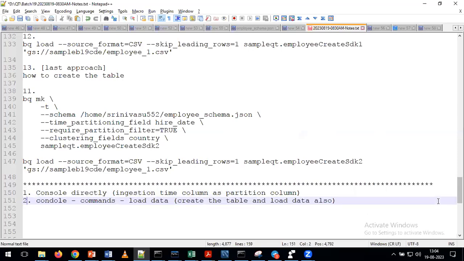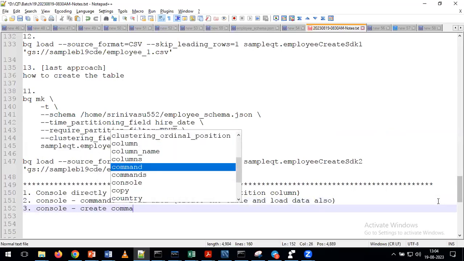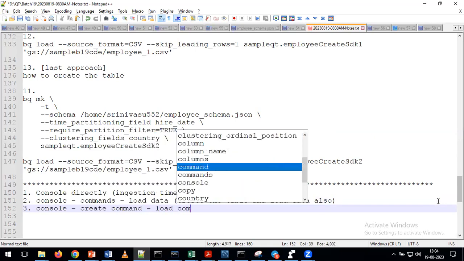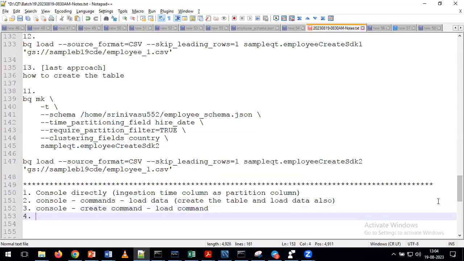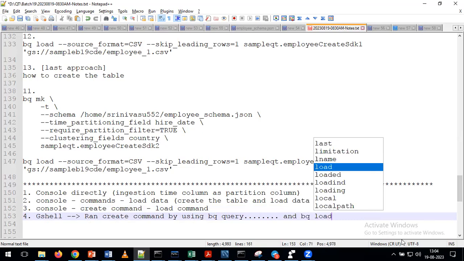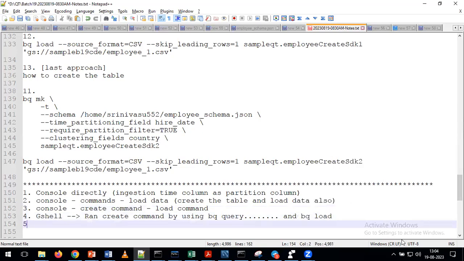What about the third approach? Third approach, from the console only, we use the CREATE command. After that, we use the load command. This is one more approach we discussed. And coming to the fourth approach, from the Google shell, what have we done? We ran the CREATE command by using the BigQuery option. With that also we can create the table. After that, if you want to load the data, we use bq load. And the other approach we discussed is